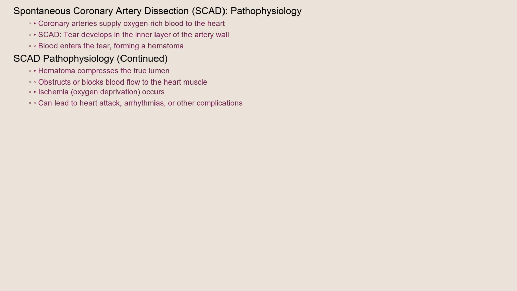Let's delve into what actually happens inside the heart during SCAD. The coronary arteries are responsible for supplying the heart muscle with oxygen-rich blood. In SCAD, a tear develops in the inner layer of a coronary artery wall. Blood then enters this tear, creating a hematoma, or collection of blood, within the artery wall. This hematoma compresses the true lumen, the actual channel through which blood flows, obstructing or even completely blocking blood flow